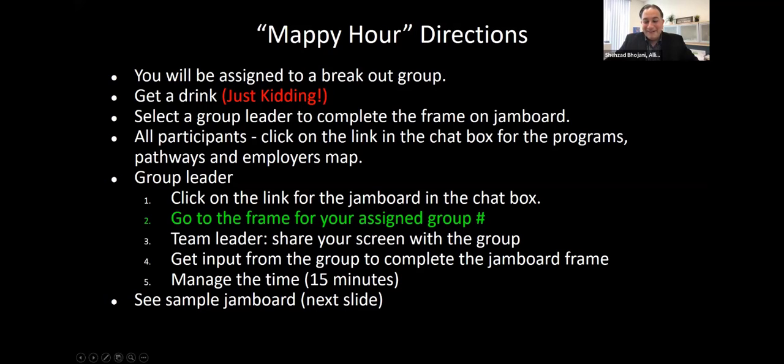So we figured let's do something with Mappy Hour. As you saw, the map contains a ton of information, so it just depends on how you want to use it. Most recently, we've been using it for our SWP grants that we're trying to write, and just seeing where the needs are in terms of the program alignment. So we're going to give you a chance to get your hands dirty with the map